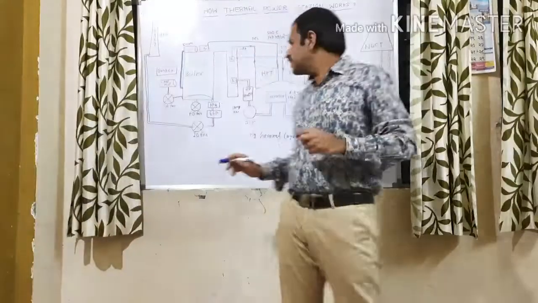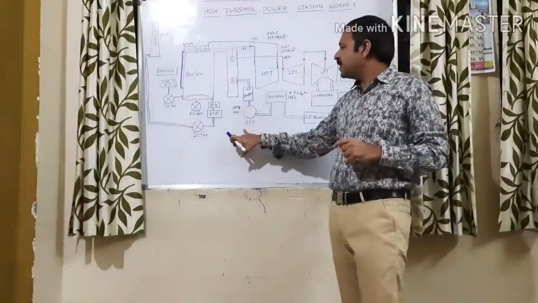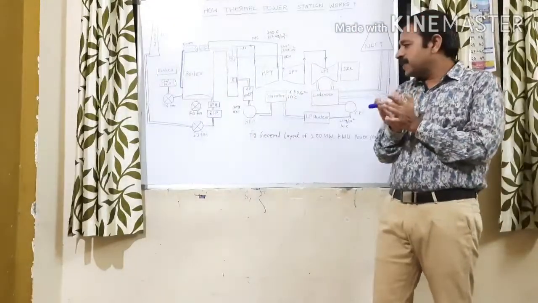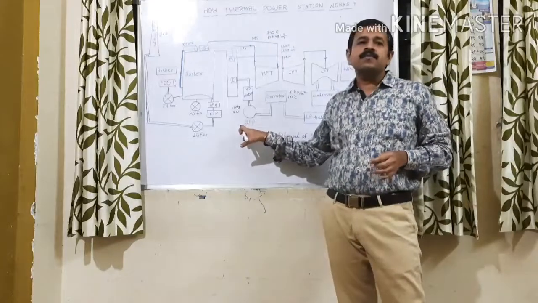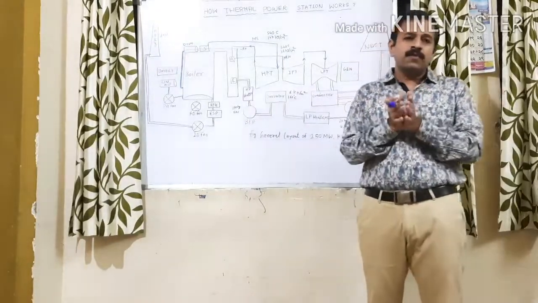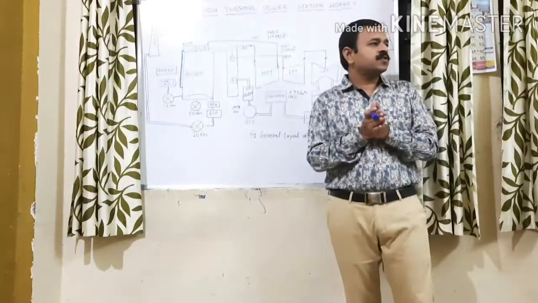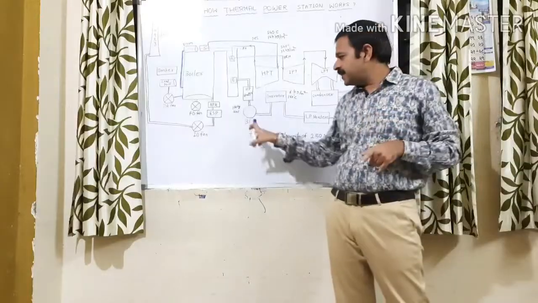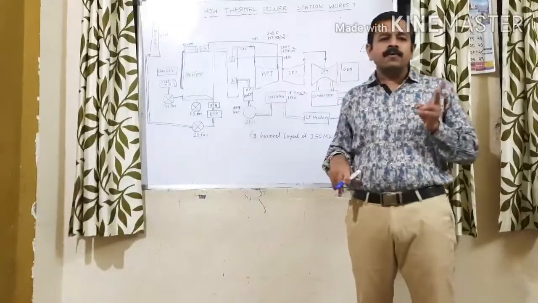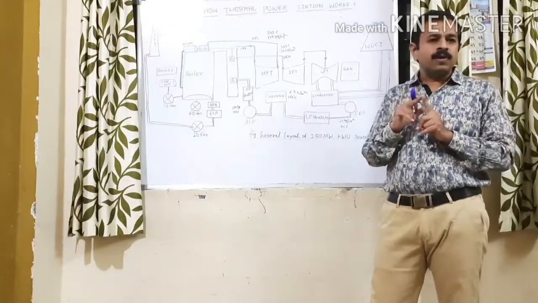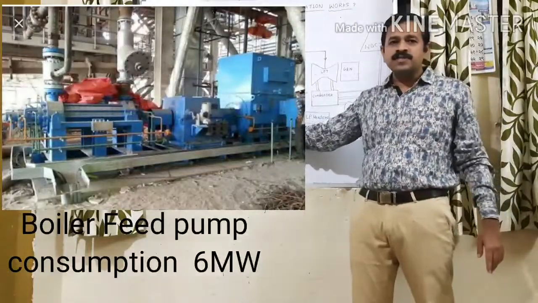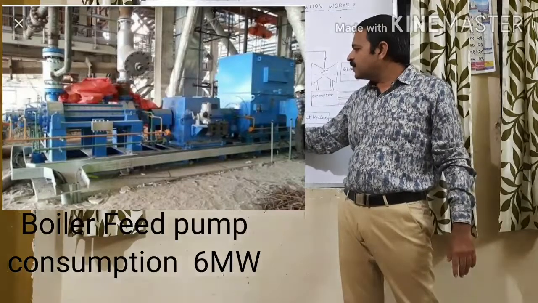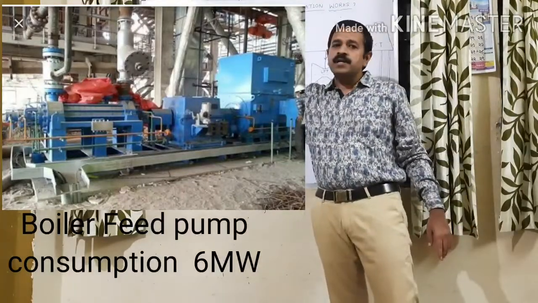After the deaerator, then comes the main pump of the plant. This is the main pump, or you can say the heart of the plant. It will provide a very huge flow and heavy pressure: the pressure is 170 kg per centimeter square and the flow is nearly 780 tons per hour. In our plant, two BFPs are available, but at a time only one BFP will run. It has a 100% duty cycle. This BFP supplies the feed water towards the boiler drum.